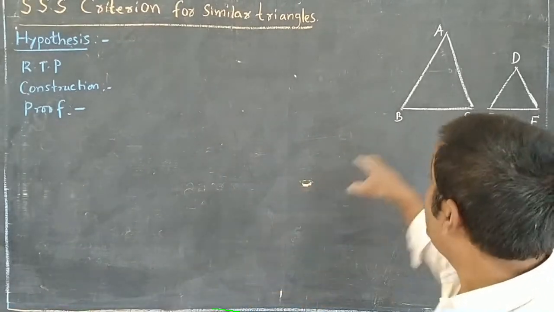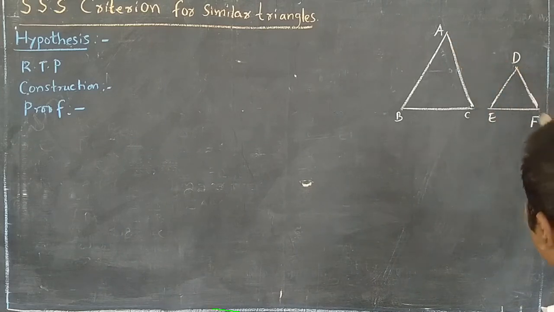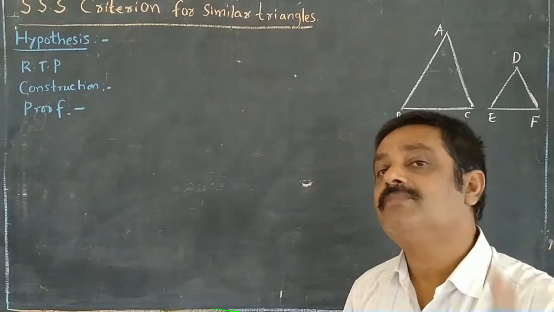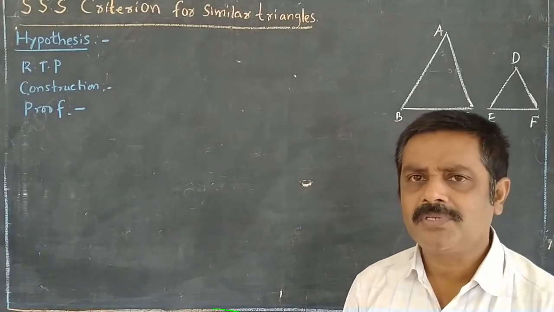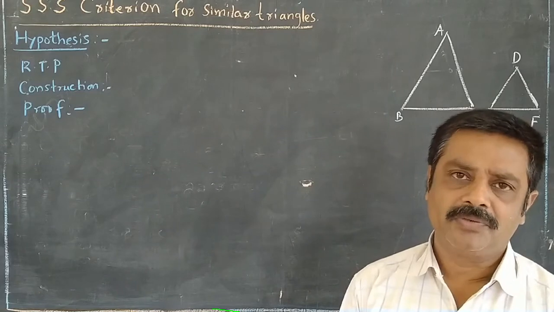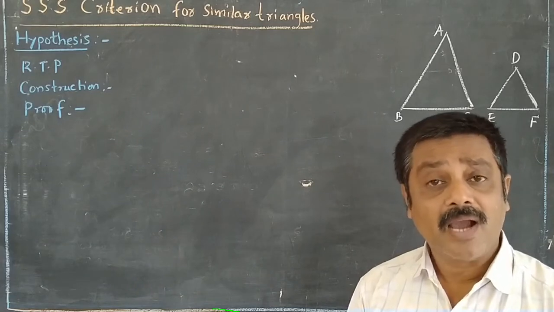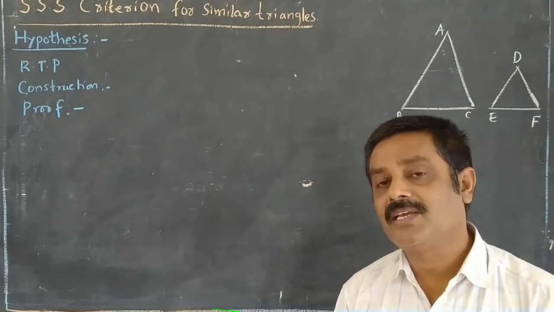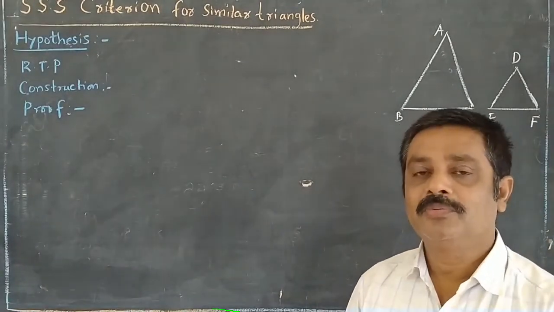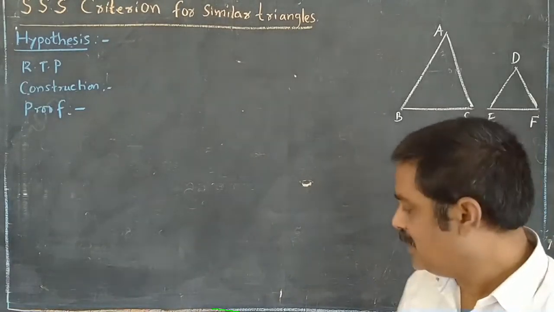How? If two triangles have sides in the same ratio, that means AB by DE is equal to AC by DF and BC by EF. When the corresponding sides are in the same ratio, it is asking us to accept that the two triangles are similar. Why should we accept? We need two conditions. The first condition is that the corresponding sides are in the same ratio, and the second condition is that the corresponding angles must be equal. When these two conditions hold for the two triangles, then we accept that the two triangles are similar. So given that the corresponding sides are in the same ratio, we have to prove the corresponding angles are equal. Then we are going to accept the two triangles are similar. Clear, children? Okay.